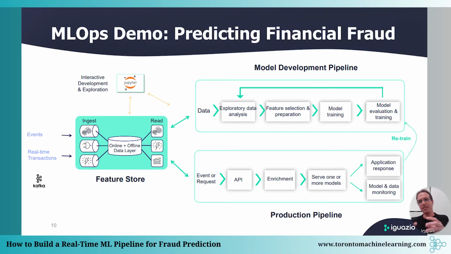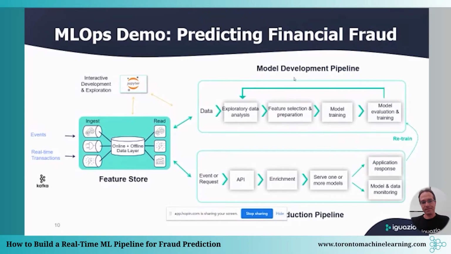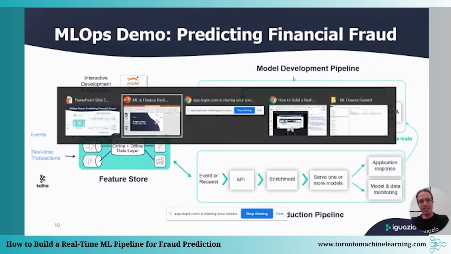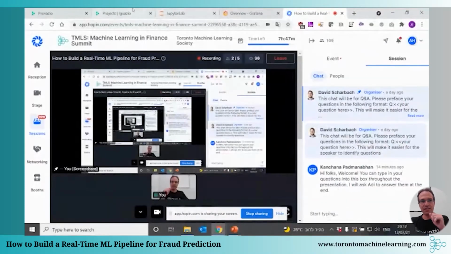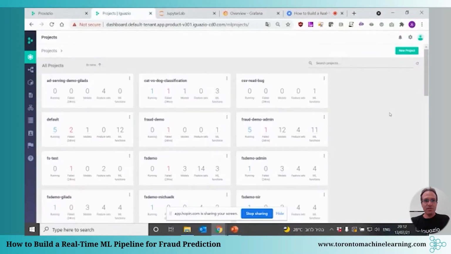So the idea is basically to smooth that process of deploying the feature engineering part and the model into production. The same type of transformation, the same type of graph that you did in your development environment, is going to be applicable in production in a very easy way. And then you have a model that can get the data from the feature store and serve your model in the inference layer. So that's the idea that I'm going to show you in a second. So let's go to the demo.